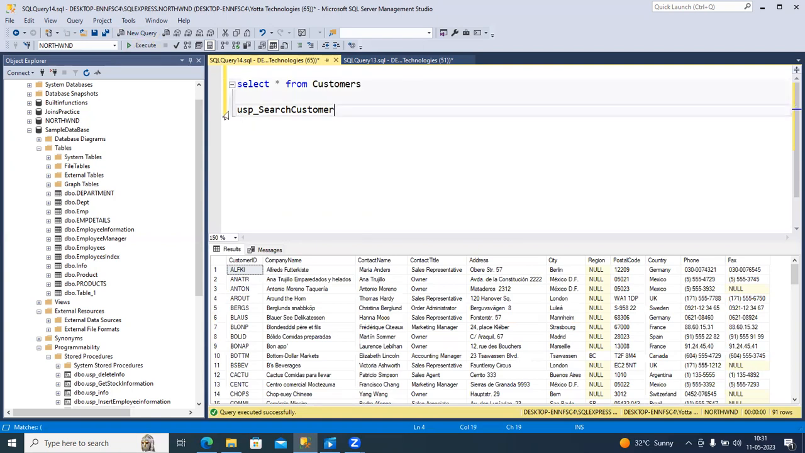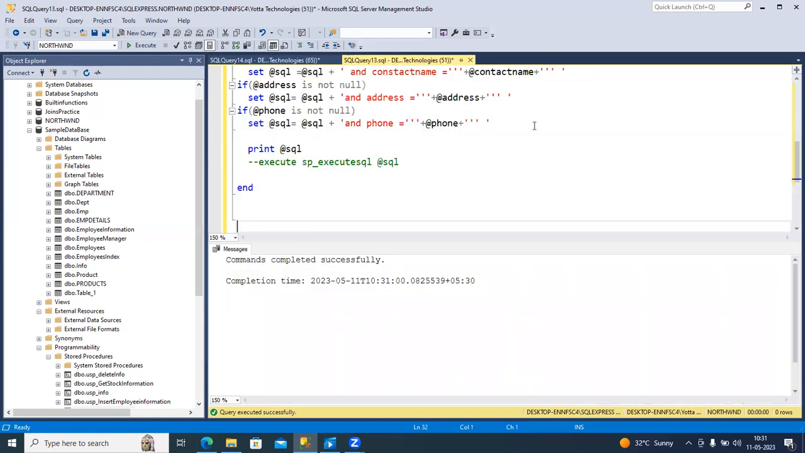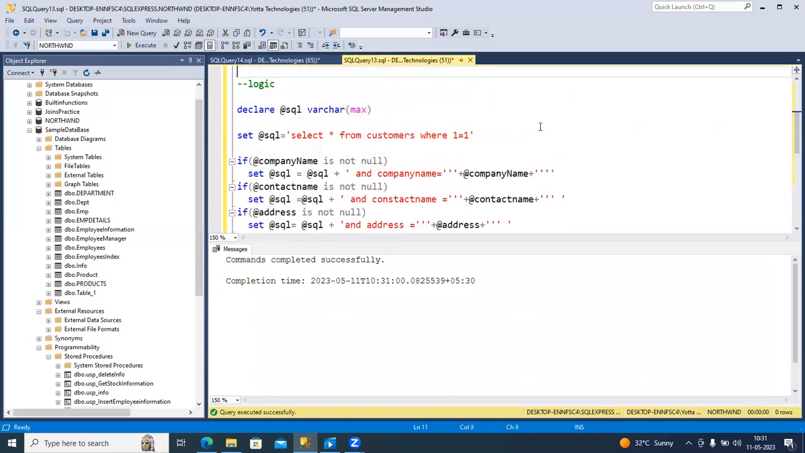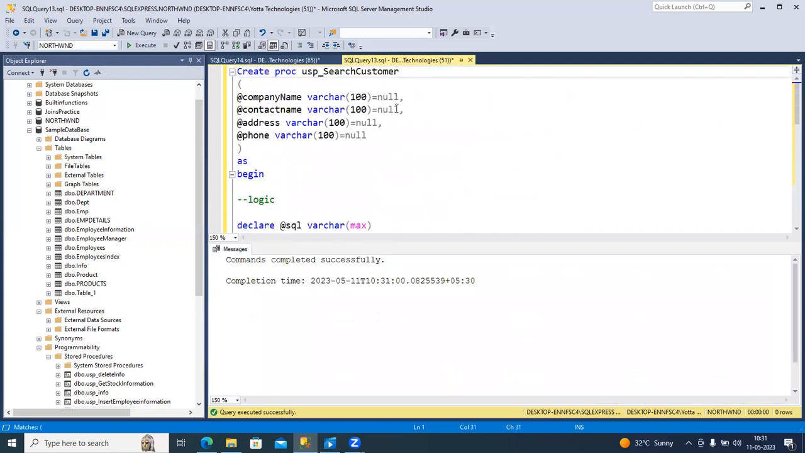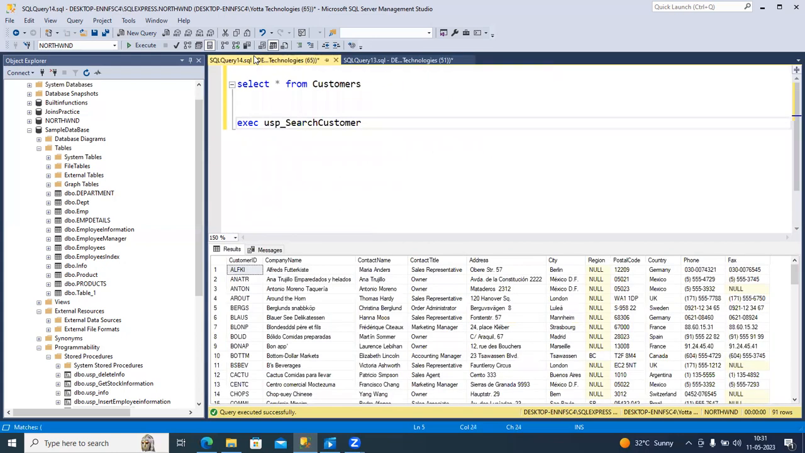Right. So I'll simply say, this is the stored procedure that I have created. Exec, your stored procedure name, and I don't pass any parameters. Actually, my stored procedure is accepting 4 parameters, but all 4 are optional parameters. How can you say that it is optional? Because you are setting it as null. It's an optional parameter. So if I don't pass any parameter,